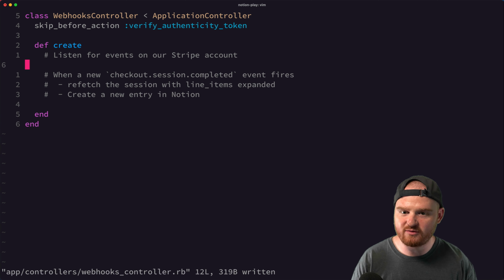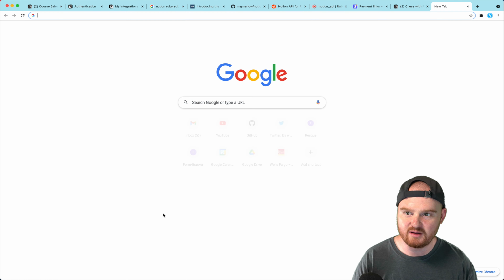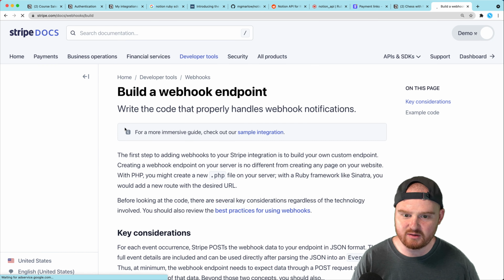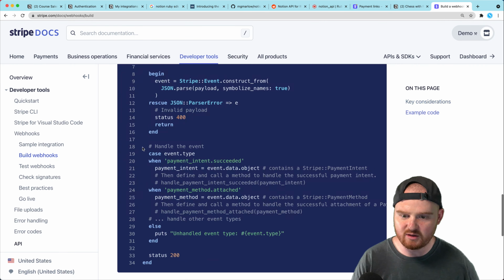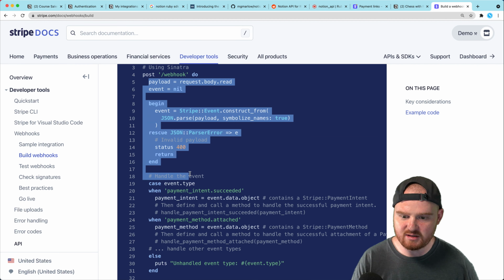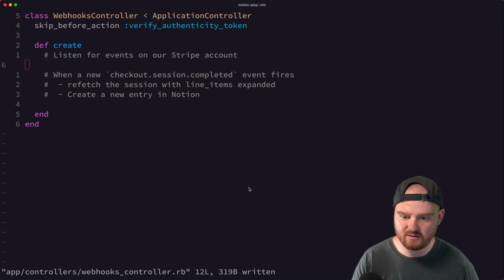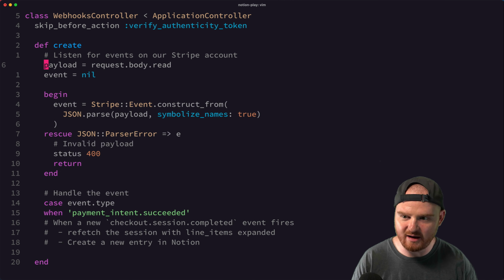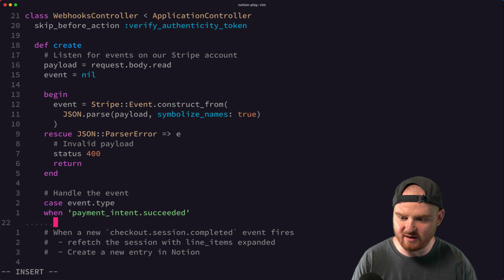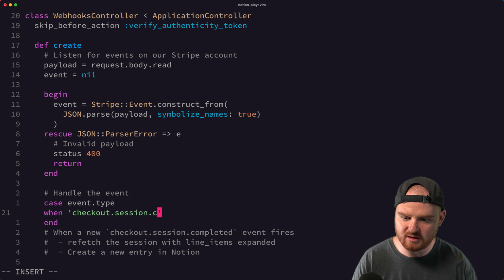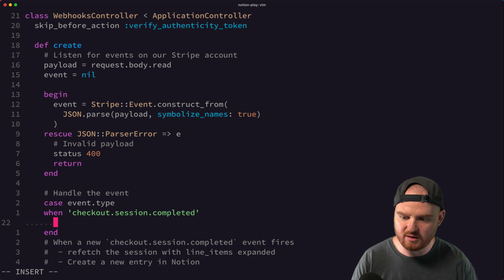So in order to listen for new events on our Stripe account, let's pull up the stuff to build a webhook endpoint, and we'll look at the Ruby code for this, and we'll just grab all this stuff here and drop it in. This is not going to verify signatures or anything. We're just kind of playing around. So when checkout.session.completed, we want to